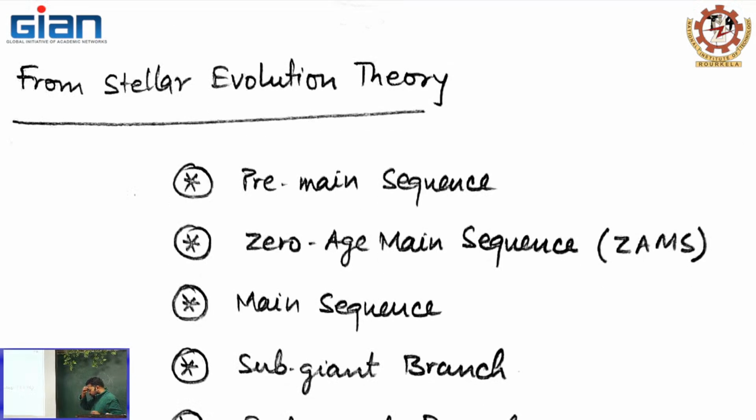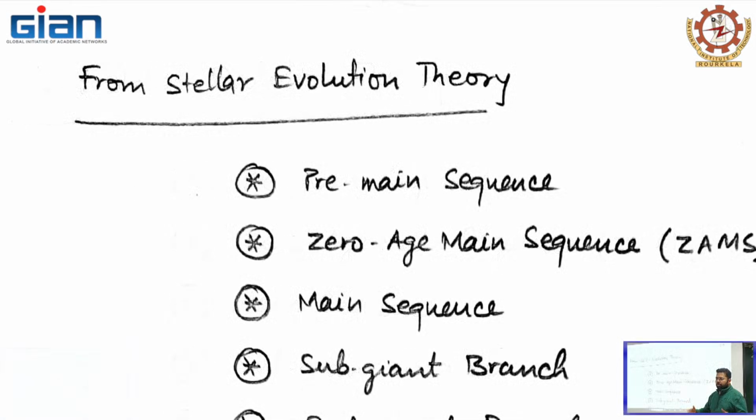I just want to give you an idea of what the stars eventually become as they go through the different evolutionary phases. I would like to name some of these phases. You will get a PDF where they are also mentioned, so you can take a look in detail. The point I would like to emphasize is what the main evolutionary phases are, from the pre-main sequence evolution up to the final fate. When stars form from the giant molecular cloud, they go through evolutionary phases